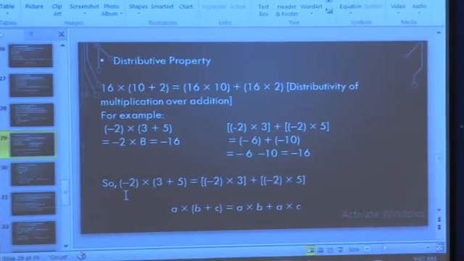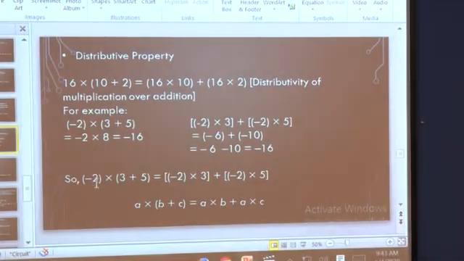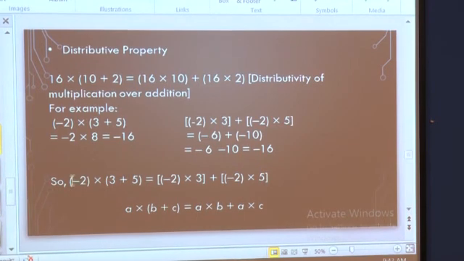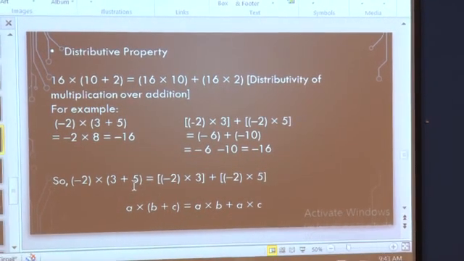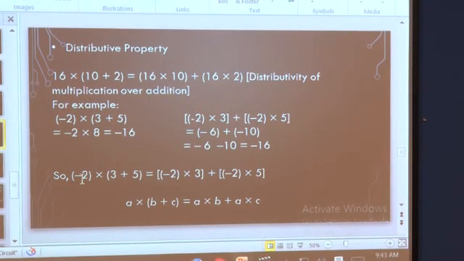You know very well, when it is two negative integers, we have to add them and write a negative sign. So 10 plus 6 is equal to 16 and it is a minus, so we write minus 16. So we can say that -2 multiplied to 3 and -2 multiplied to 5 is nothing but the distributive property. I will explain again. -2 is multiplied to 3 once and -2 is multiplied to 5 once, but here we have a positive operation, so we write an addition sign here.